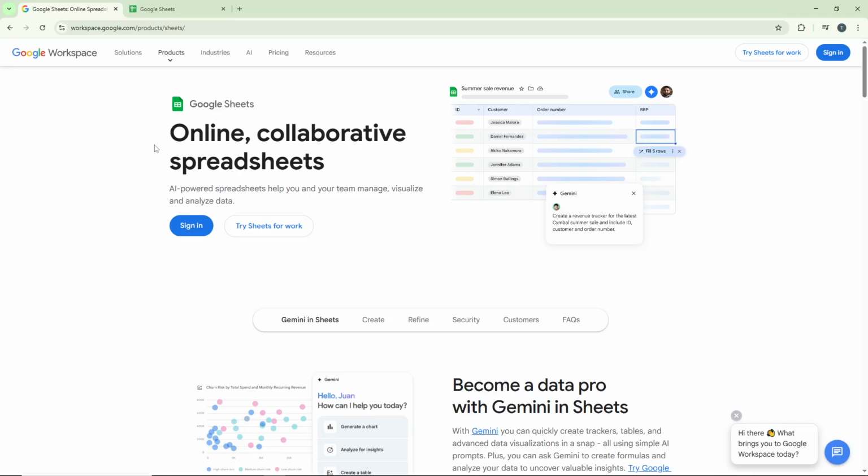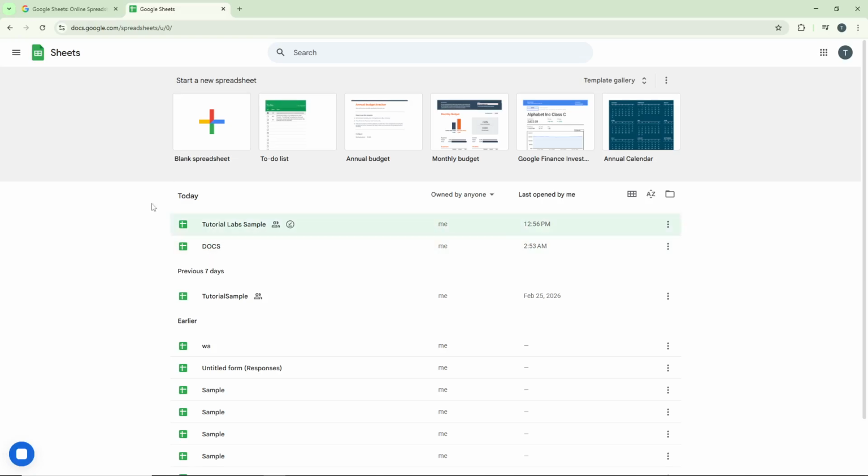First, you'll want to navigate to workspace.google.com and log into your account. Make sure you're using the correct credentials associated with your Google Workspace. Once you've entered your login details, you'll be taken to your Workspace dashboard where all your Google apps and files